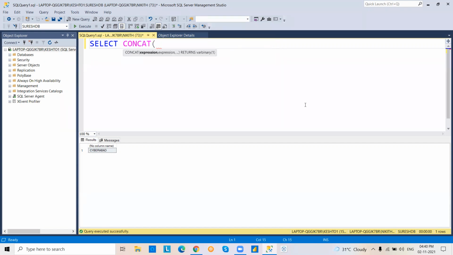Next, select the concat operator. Concat means combining different string values. Suppose we have different strings like SQL and developer. Different string values we have. SQL is different string, developer is different string. See that combined value we are getting. What is the value we are getting there? SQL developer combined. Right.